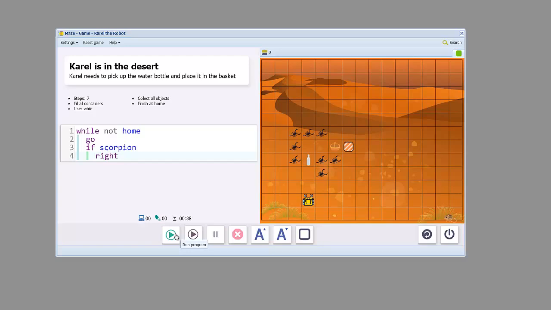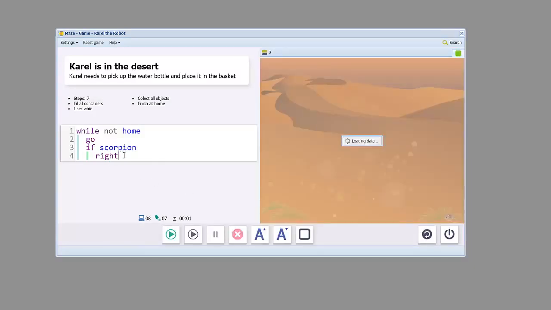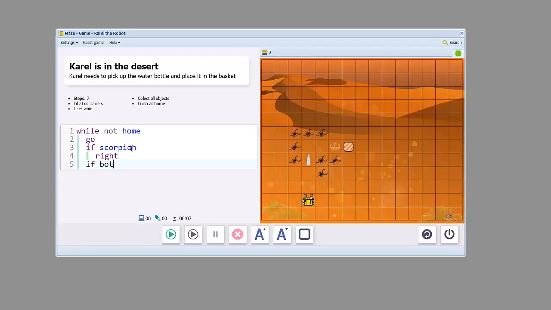So let's watch what happens. As you can see, it says not all objects collected. Try again. You can go down to the restart button and add if bottle get and if basket put. Now if we play the game,